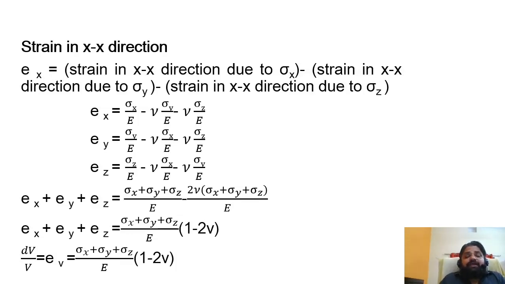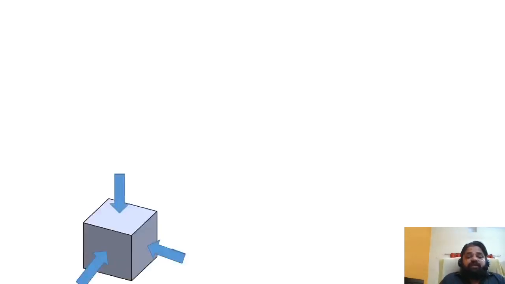By doing so, what exactly are we trying to find out? We are trying to connect the volumetric strain and the normal stress and the Young's modulus and Poisson's ratio. Now we have established it. It will help us to find out the second part, or the major part of the structure, one more property.